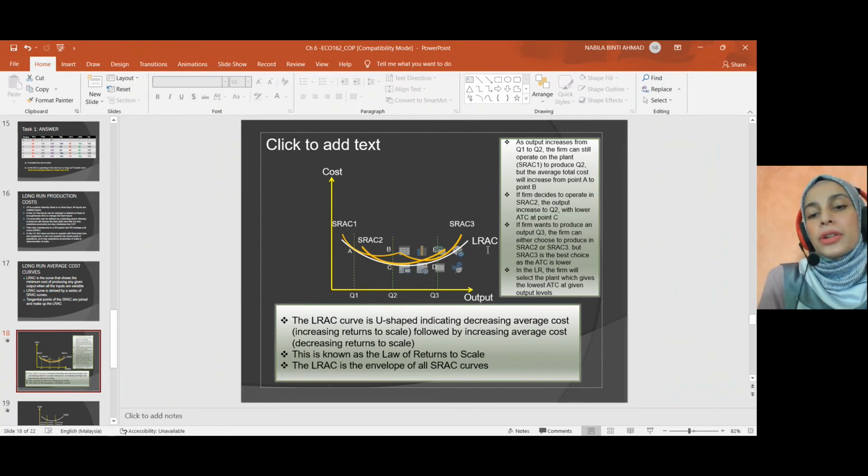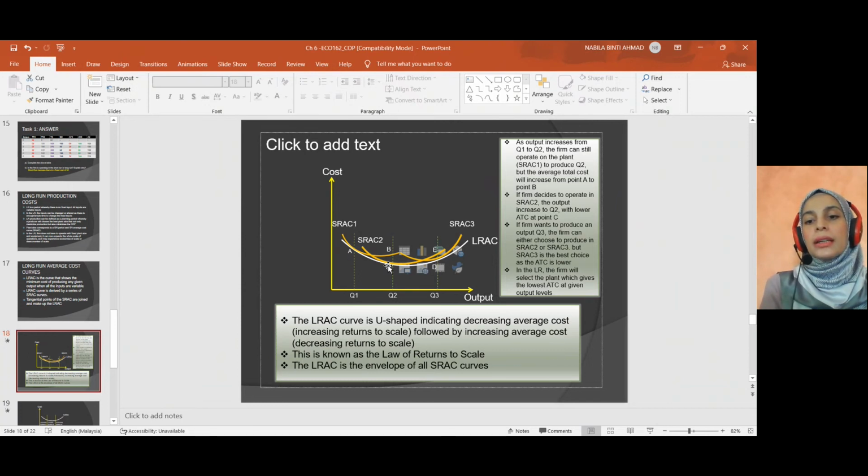Okay, and the long run average cost curve ini berbentuk U atau U-shaped. Jadi the tangential point ini yang membuatkan, ya, so di sinilah the minimum point of cost inilah, ya, di mana firm akan produce. So kalau nak produce at quantity 1, dia akan produce at point A. Kalau dia nak produce quantity 2, dia akan produce sama ada B atau C. So dia tidak akan pilih B kerana B cost dia lebih tinggi, so dia akan pilih C. And bila dia produce quantity 3, dia akan produce at point D dan dia instead of point E. Okay, so this U shape ini indicate apa?